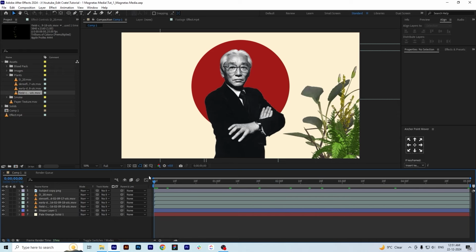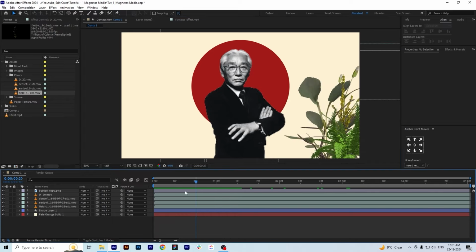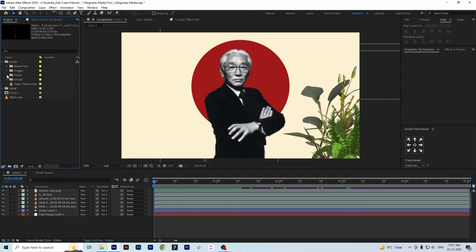So the plants are already animated. I'm going to adjust my resolution to half to be able to preview. So as you can see, the plants are already animated and we are almost near creating this,